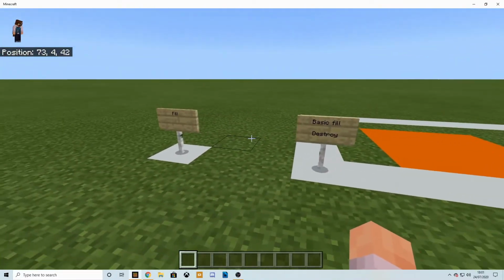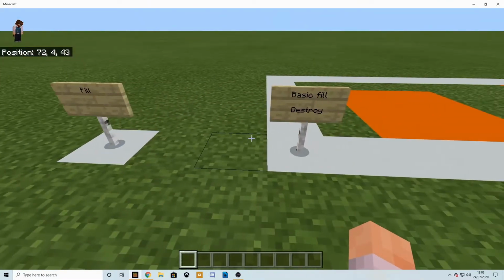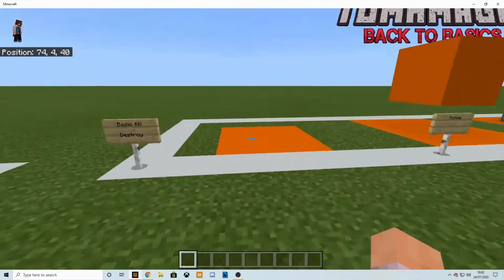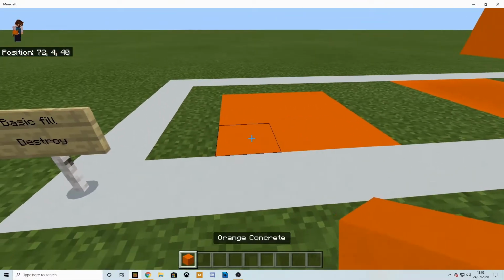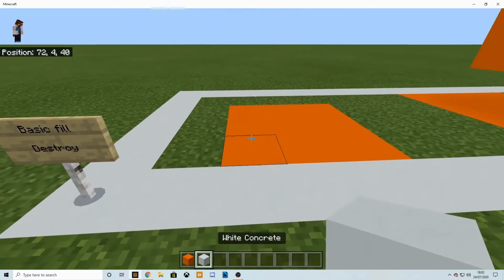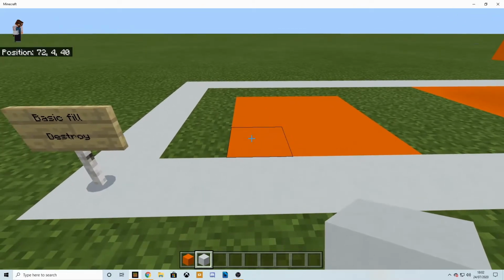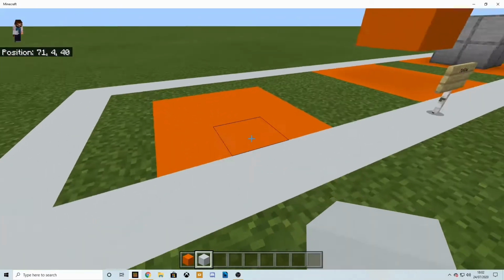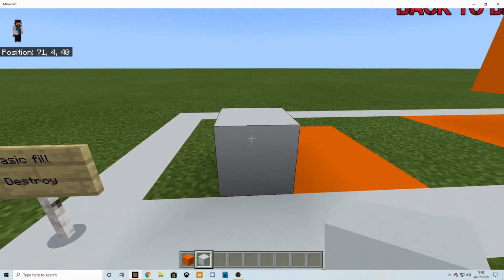So fill can be very handy to fill in a large area for building and various other things. There are different fill modes that you can do, but we'll start off with a basic fill. If you watched my clone episode, then you'll see a couple of things that are similar in this one, in the way you can quickly type them. So you want to get the two corners of the area you want to fill. I'm going to make a box here, and as I explained in my other video,